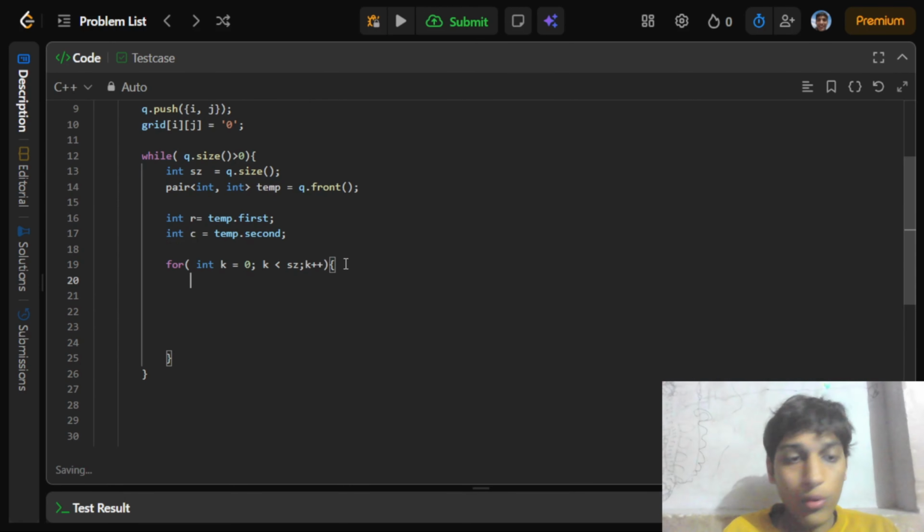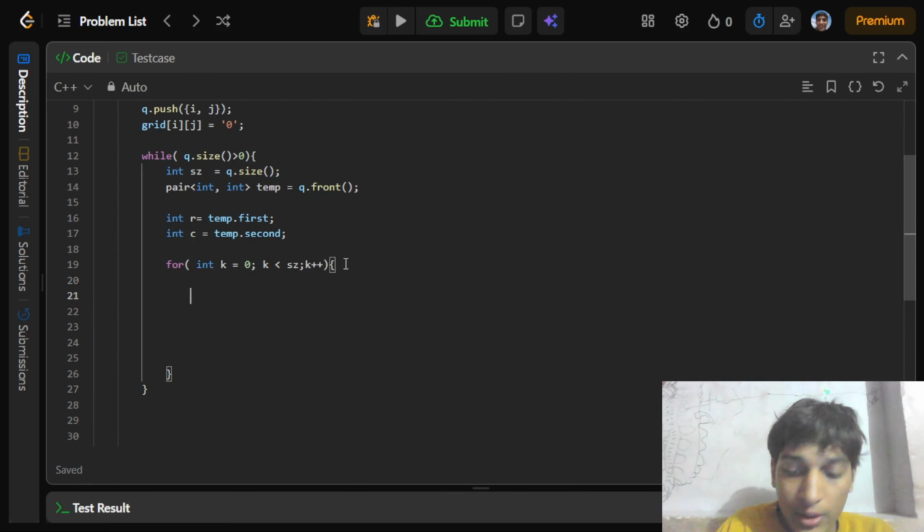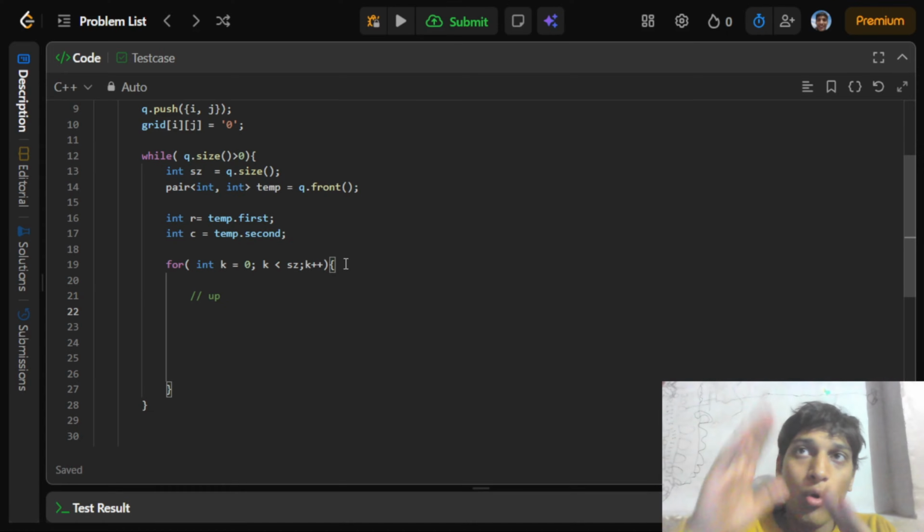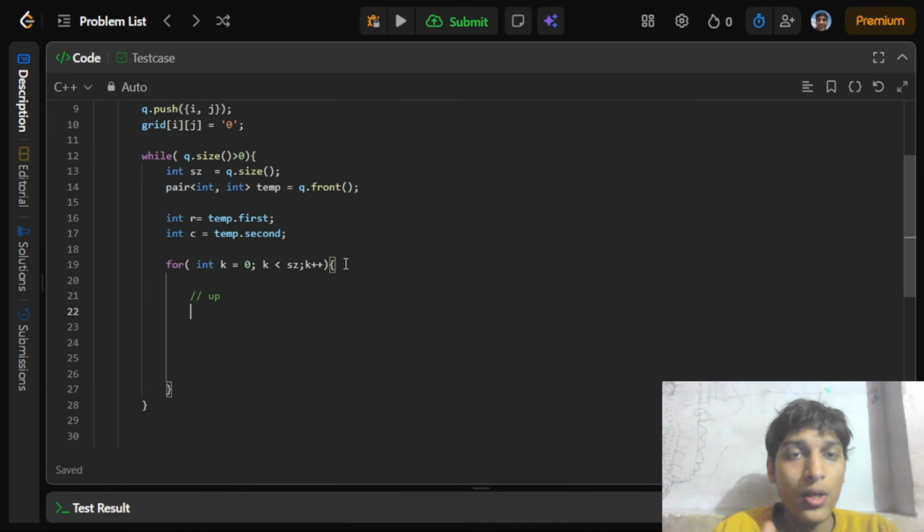Now in the for loop we have an index and we check for its upside. How do we go up? Column stays the same and the row is row minus 1. But first we have to check whether that index is possible.